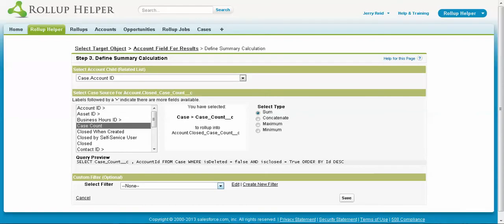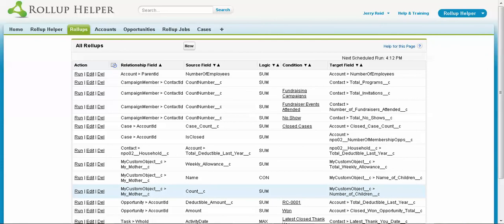And I'm going to click save, and it'll take me back to the rollup setting where in step 3 I can define the summary calculation. And I want to select that filter and click save. Now you'll be taken back to the rollups page where you see all your rollups, and you'll see the one rollup we just created. Now I want to test this rollup, so I'm going to click run,